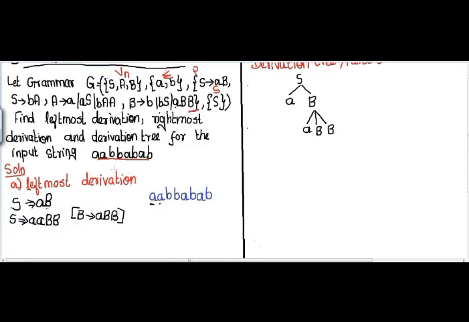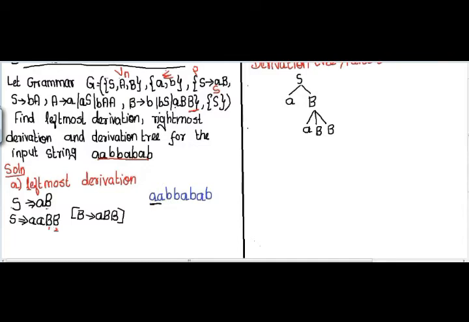Now, as I am doing leftmost derivation, here I can see two non-terminals: the first is this B and the second is the other B. Always in leftmost derivation, I have to complete from left to right. No matter which production you substitute, as per your input symbol, always complete the first non-terminal, then move to the next. In this input I have completed aa, and the next character is b.